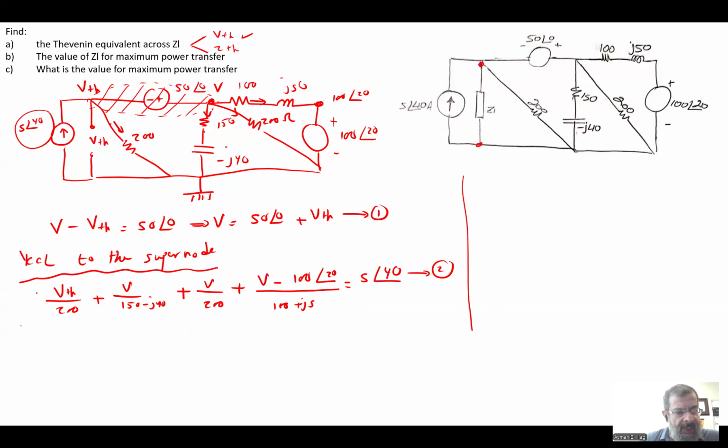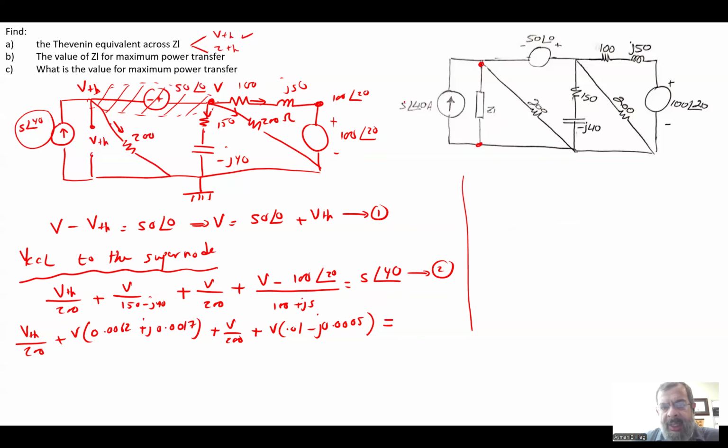So here we have V Thevenin divided by 200 plus V, and this is 0.0062 plus j0.0017, plus V over 200 plus V, 0.01 minus j0.0005, and this is equal to